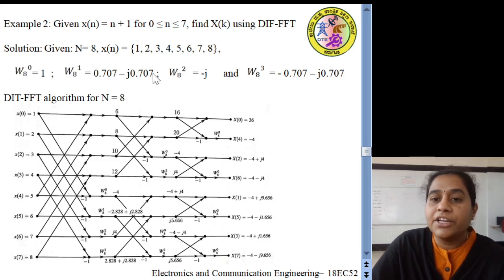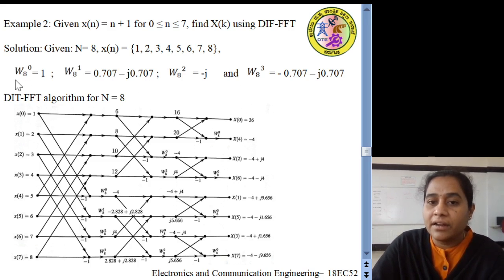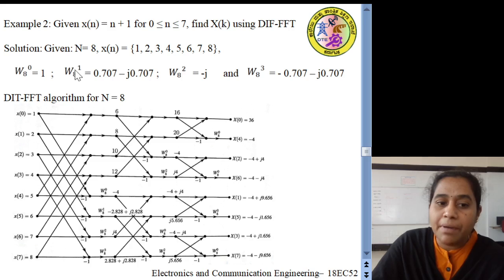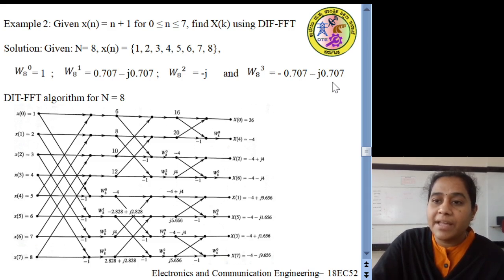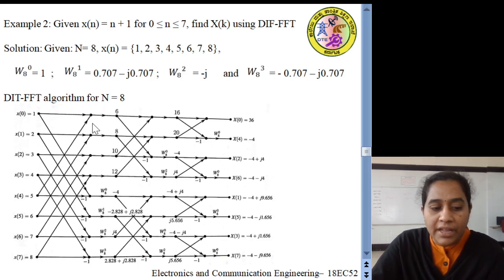And we require the twiddle factors W8 here, that is W8 power 0, W8 power 1, W8 power 2 and W8 power 3. If we derive the values for this, what we obtain is W8 power 0 is equal to 1, W8 power 1 is 0.707 minus j0.707, W8 power 2 is equal to minus j and W8 power 3 is equal to minus 0.707 minus j0.707. So, if we substitute these input values along with this twiddle factor to this complete reduced flow graph for finding DIF FFT algorithm for N equal to 8,